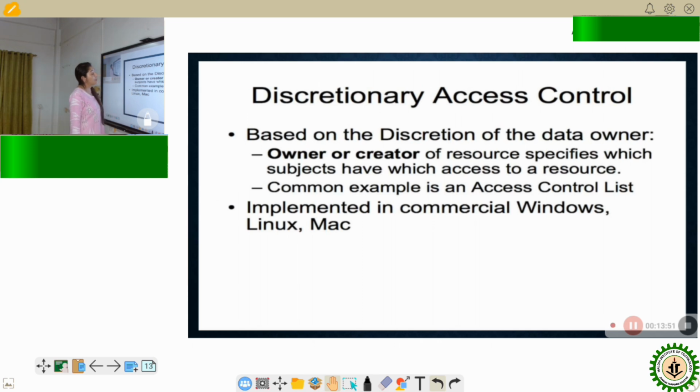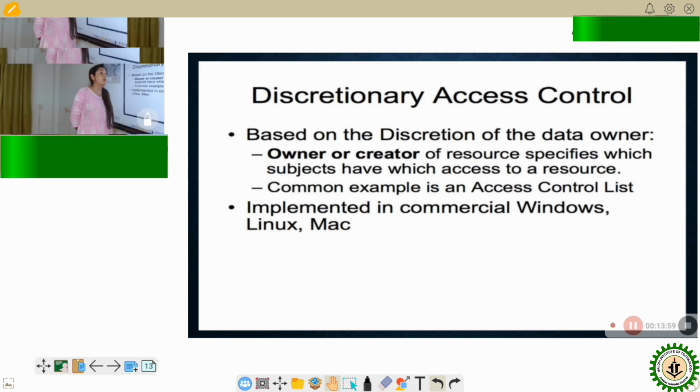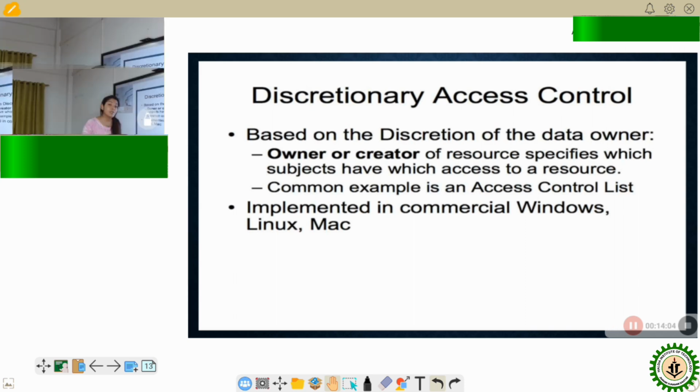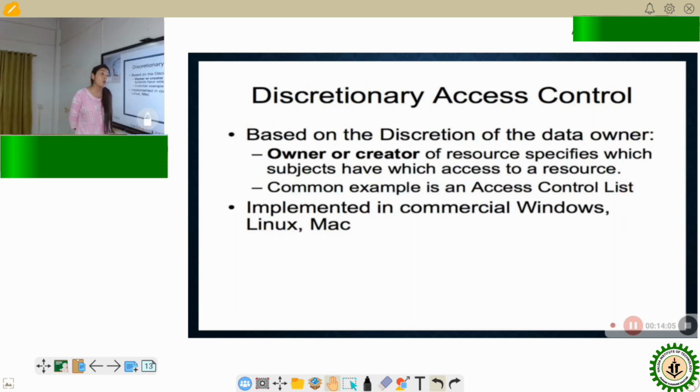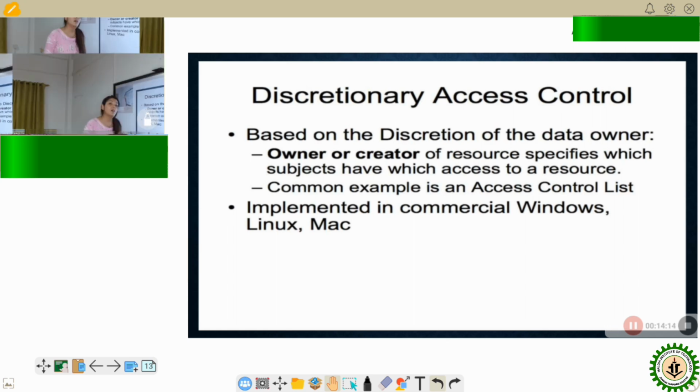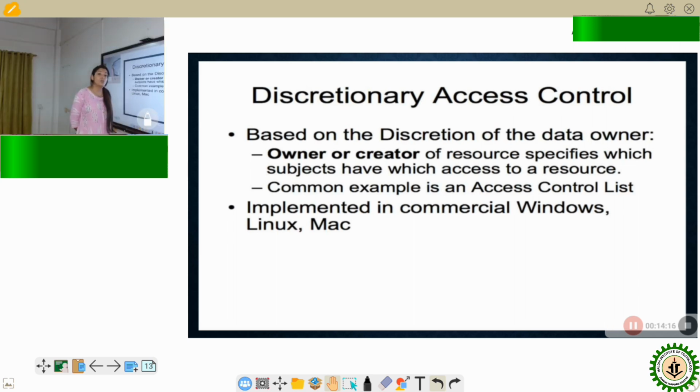Coming to the discretionary access control model, the DAC model is based on the discretion or judgment of the data owner. Whoever creates any resource becomes the owner of that resource, and it is up to the owner to decide which user gets what kind of access to the resource which the owner has created.